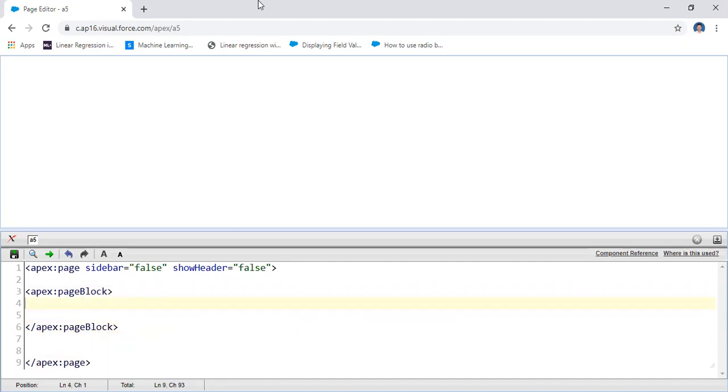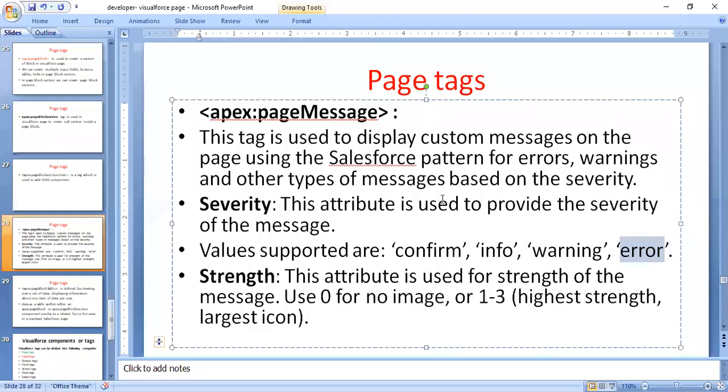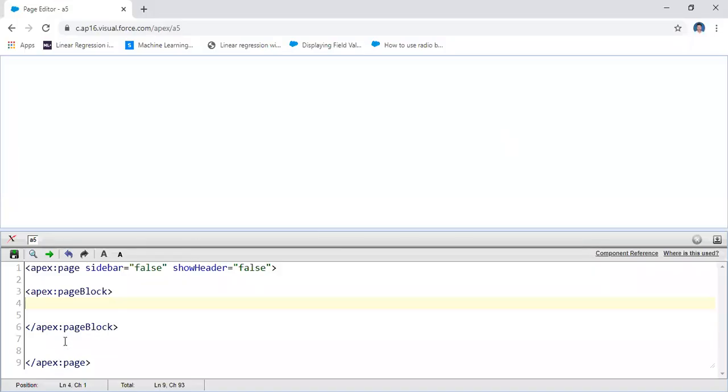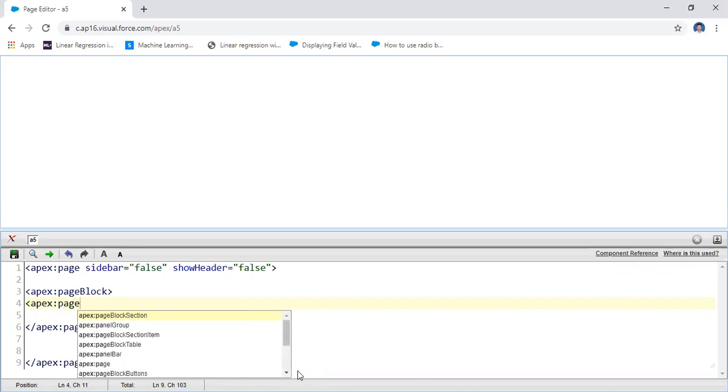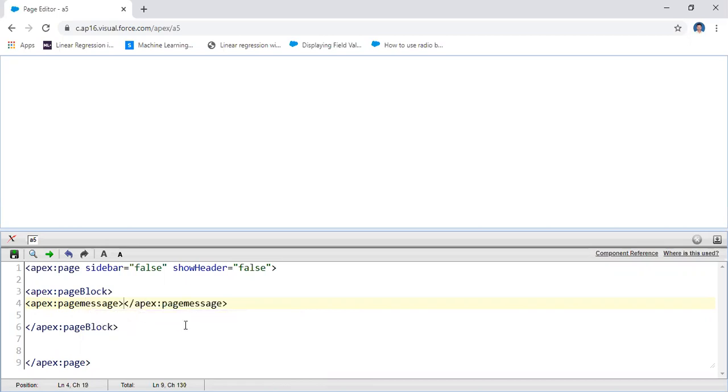That means what about this apex page message tag? Here it is used to display custom messages. For example, some warnings, some error messages, like that it will display some information. Apex page message.